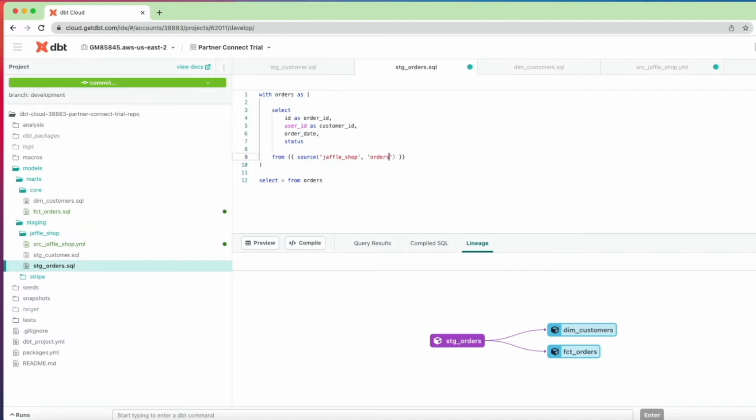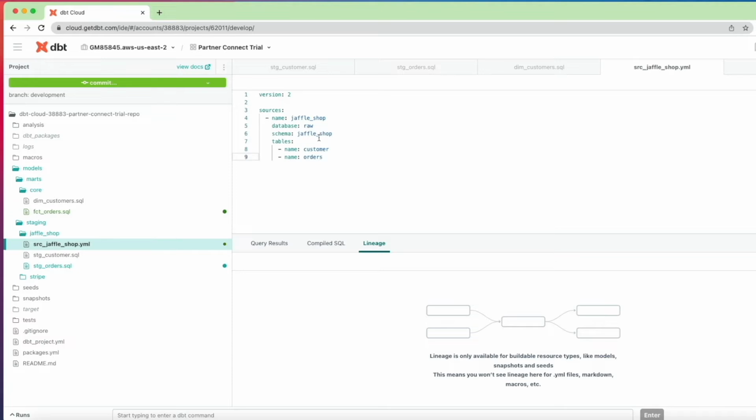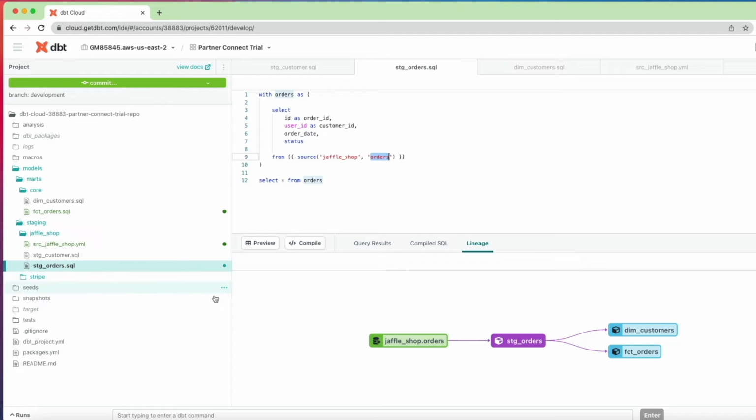In this case, it's orders. So we'll pop that in there. And so by clicking save on our YAML file in our stage orders file, this is what now shows up. Because we're using the source function and we specify the name jaffle_shop and orders in our YAML file, it comes down, looks for the schema in here, it looks at jaffle_shop, it looks for our table in here, and it's able to then make that association within this model, stage orders,